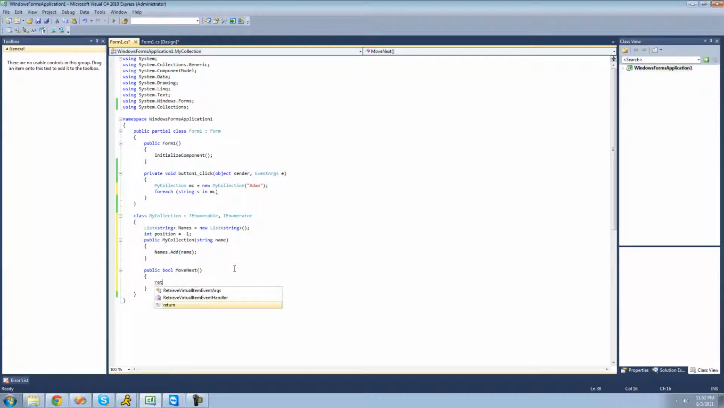So we are going to say return position if it's less than the amount of elements in names, so names.Count. Alright, and before we do that, we're just going to have to increase position by 1 so that it will move up. The position will move. Alright, and the next one that we have to do is Reset, and this is just a void, and basically it will reset the position